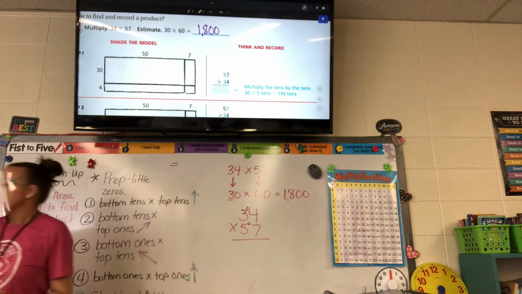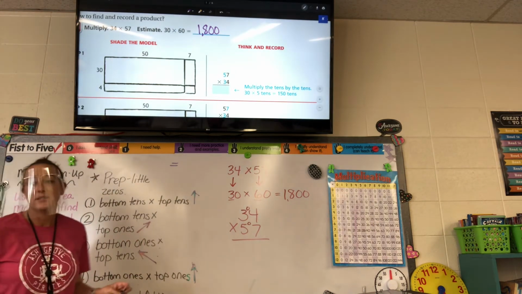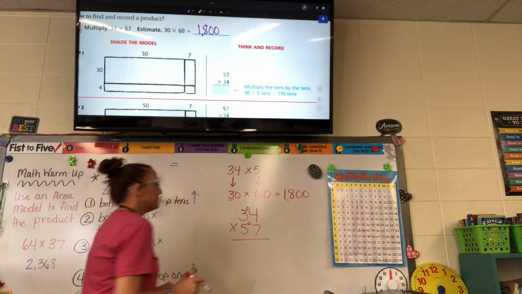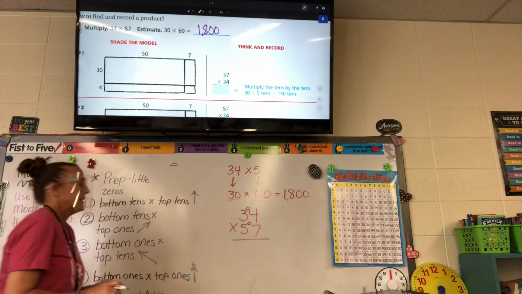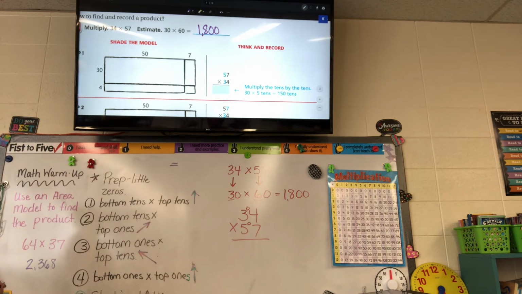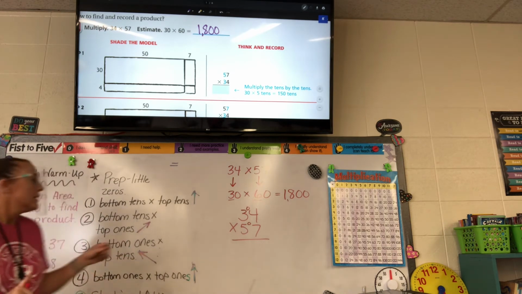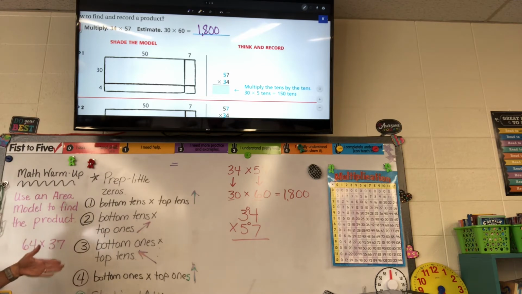So we're adding those little zeros, and the reason they're little is just so we remember that that's a 30, okay? We don't want to think it's 304. Exactly. Well, let's just times it wrong. Right. So now that we have the prep work done, Owen, now we're going to get started on the 4